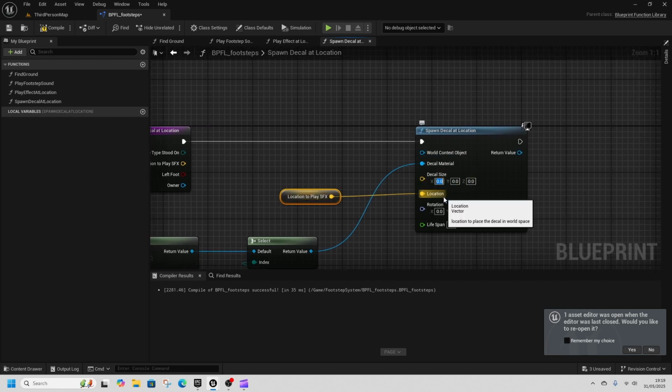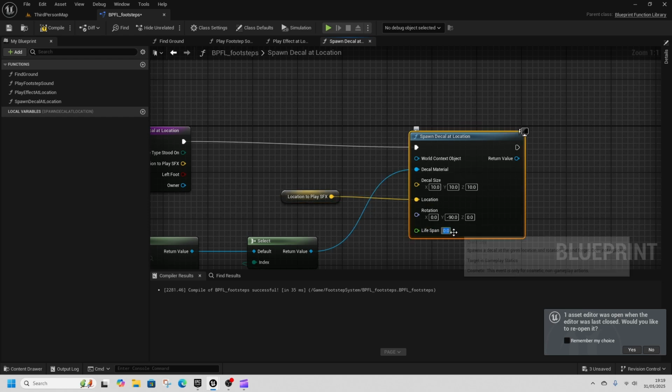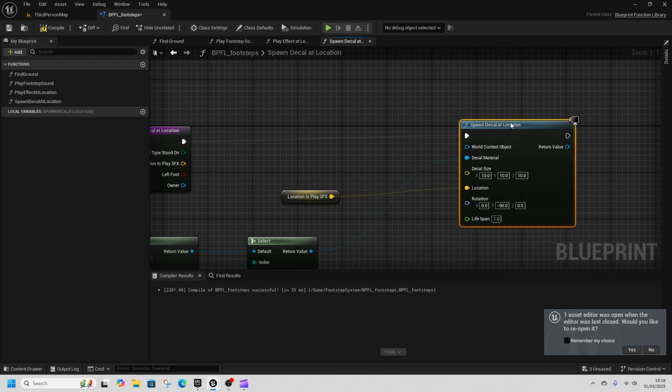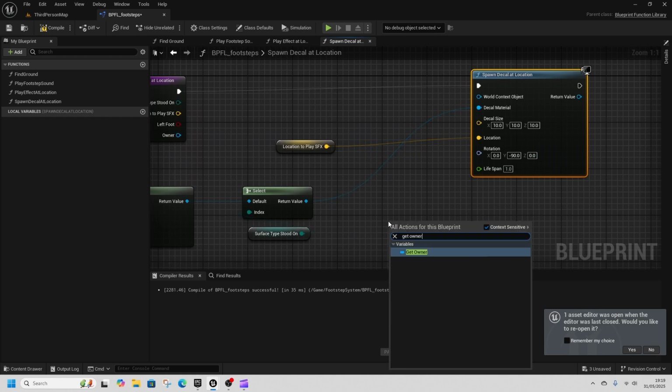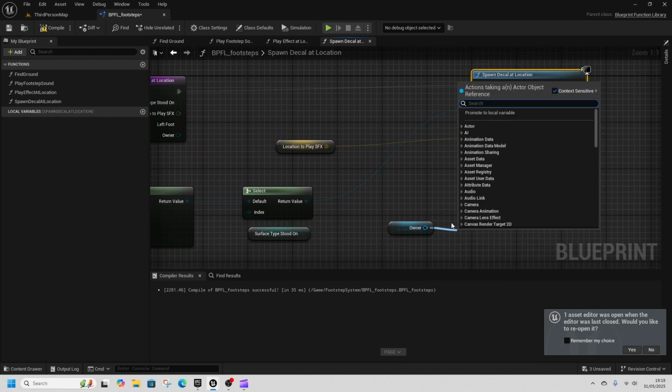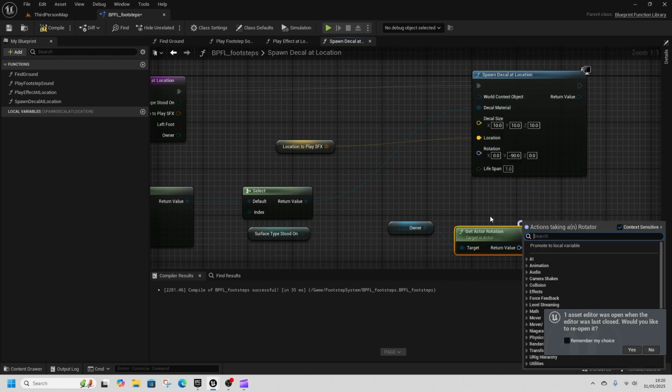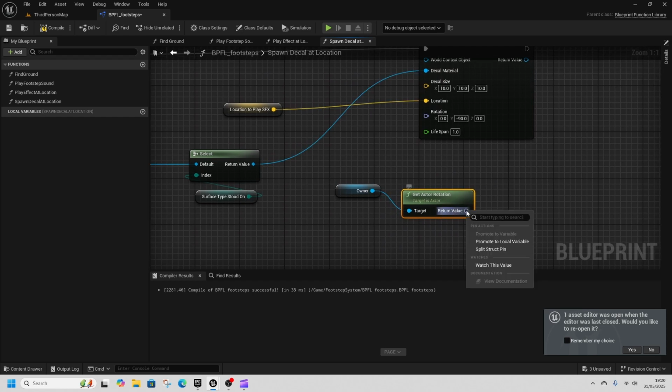I'm going to assume that all of these will be humanoid, so that's not overly complicated. Decal size, we're going to change that to 10, 10, and 10. We're going to change that to 1 lifespan. And then rotation, I want to get the owner